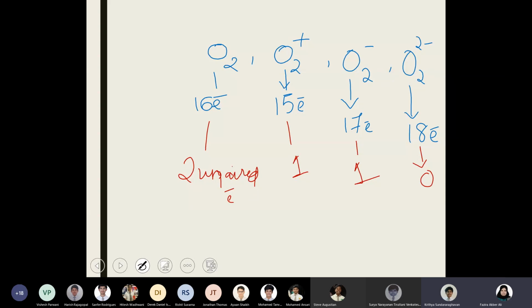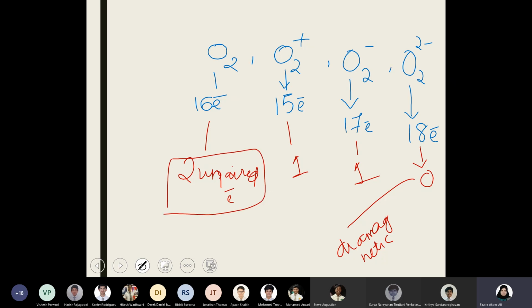2 more electrons, 16. So how will you arrange the magnetic property? Most stable, right? Yeah, this is diamagnetic. The rest 3 are paramagnetic, but the most paramagnetic property will be there for the oxygen molecule because there are 2 unpaired electrons. So you can always compare there, and like that you can calculate the bond order in each case. What will happen to the bond order?